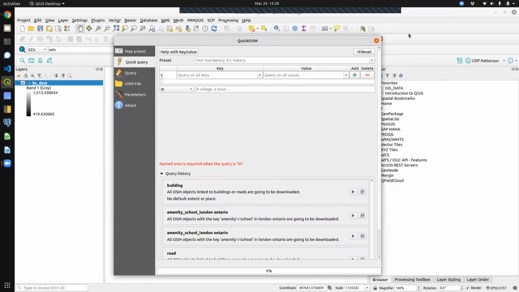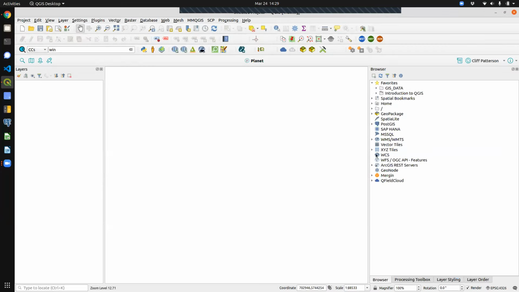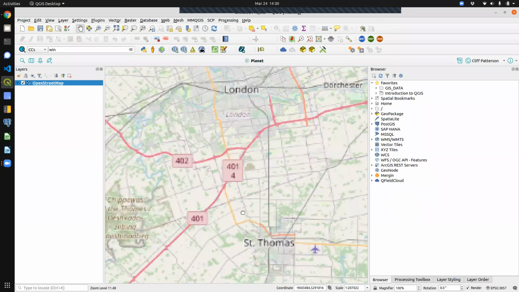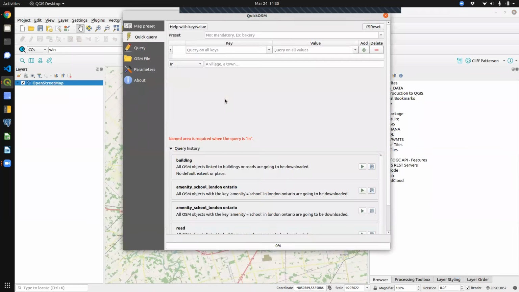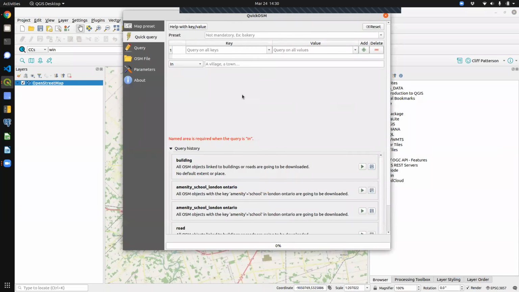Let me close this first and go back to where I am, which is London, Ontario, Canada, right here. When I did this, I just did a search for schools, just schools in London, Ontario. What's neat is when you're setting up the query, you can build the query based on whatever you want. They show you, like, bakery, whatever you're looking for, and then you can store these queries. So I have these queries set right now. If I want to rerun something, because the data are probably always changing, I can go in and say, okay, I want